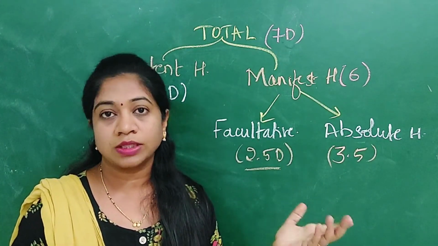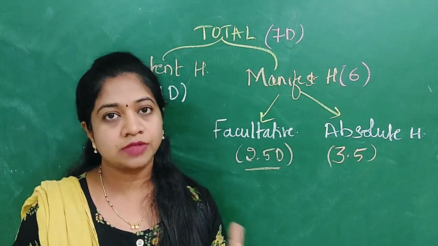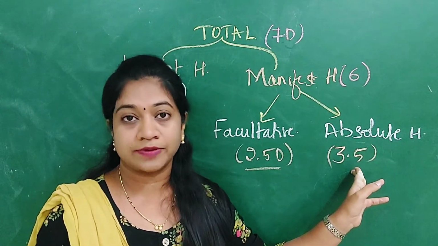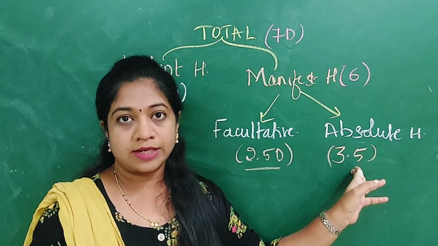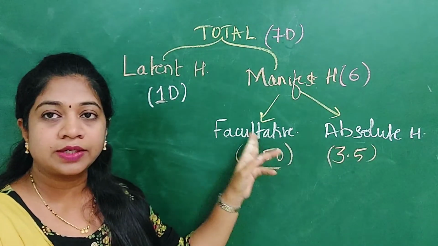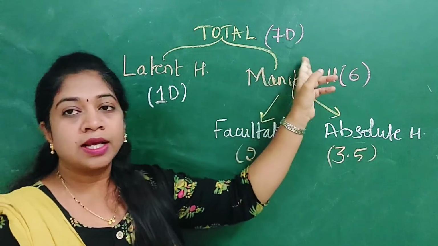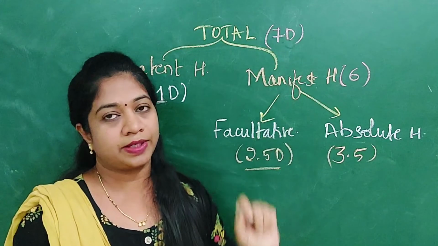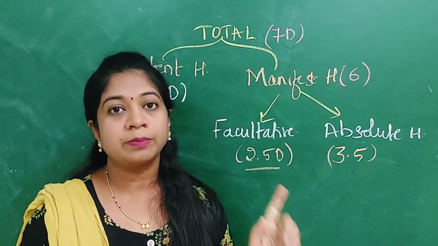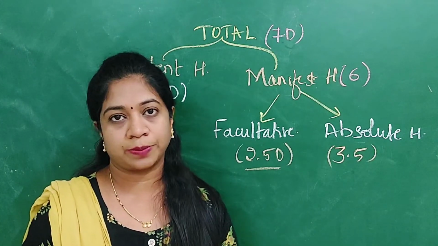So how do you detect all these types of hypermetropia? Whenever a patient comes to you, you will do dry refraction without using cycloplegic. That gives the absolute hypermetropia which the patient is manifesting, without cycloplegic. And when you use cycloplegia, you will be abolishing both the facultative as well as the latent hypermetropia. So you will be getting the total hypermetropia which the patient is having. You can unmask all the hypermetropia by using cycloplegics. So that is the role of cycloplegics in hypermetropic patients.